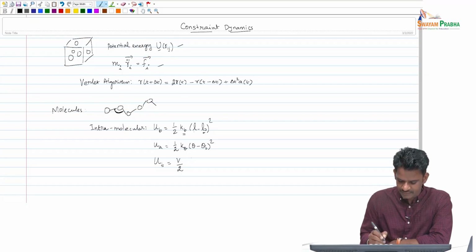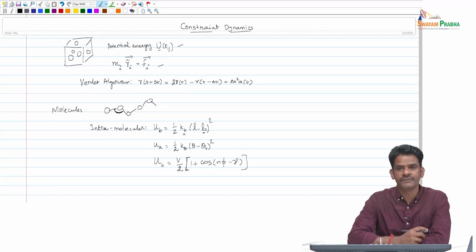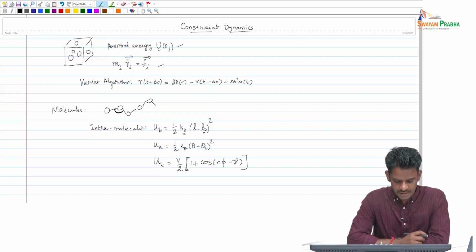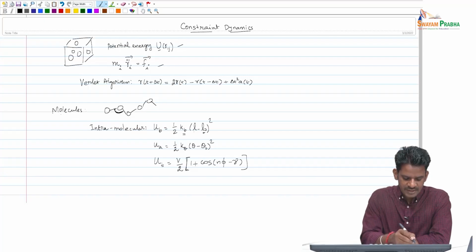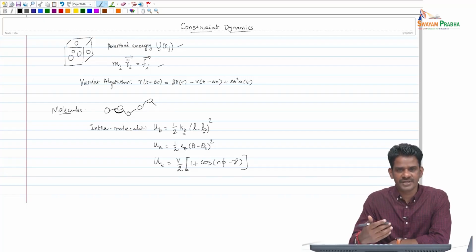If you recollect, we have written something like this, and so we have done these kind of models for intramolecular potentials. So, now when you want to simulate a system of molecules apart from intermolecular interactions like Lennard-Jones or Coulombic interactions,